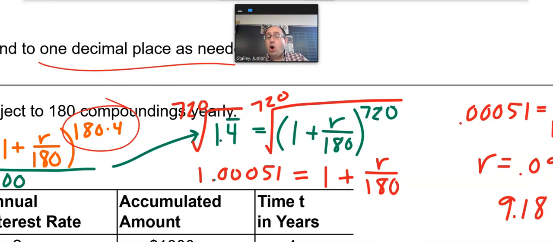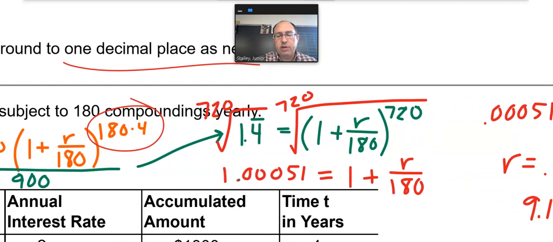I'm going to zoom in on this because it's a little bit different. Several of you would look at that and go, oh, we need to change it to logs. This isn't a log question. Logarithms are only needed if you don't know the exponent. But clearly, we know the exponent is 720, right? So how do we get rid of the 720th power? That's right, folks. We take the 720th root. You have to use a calculator for that because that's ugly. The 720th root gives me this weird number, 1.0000051,